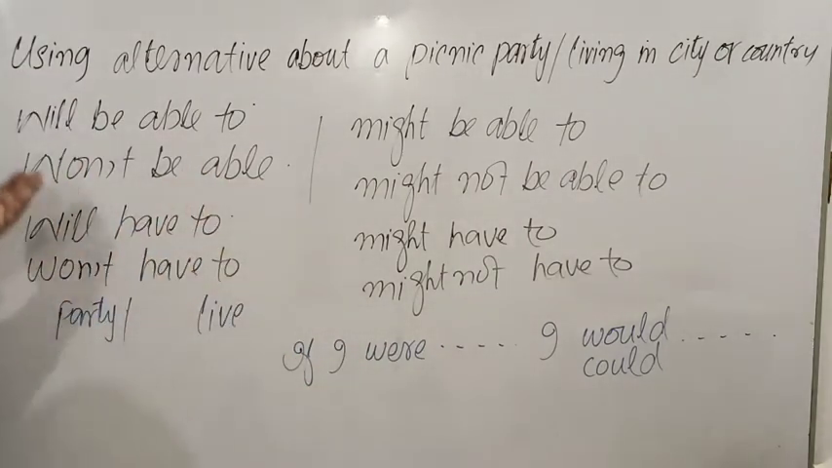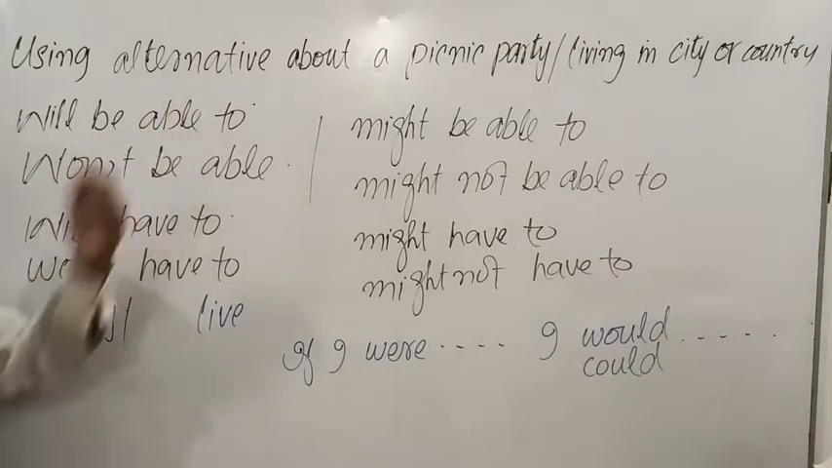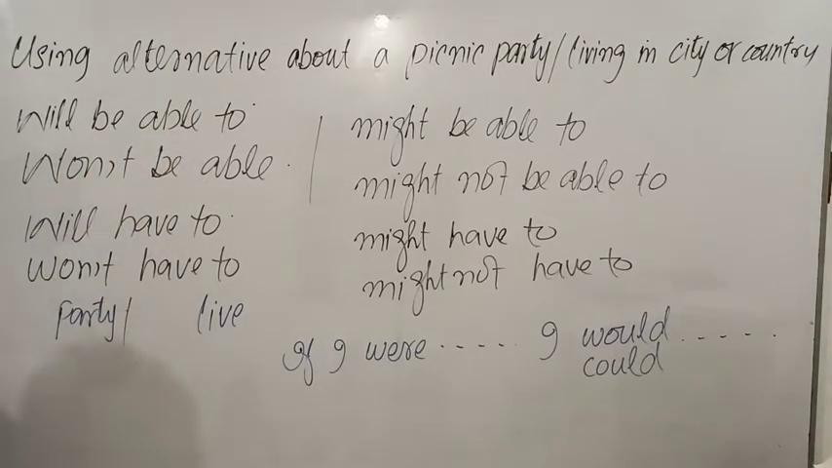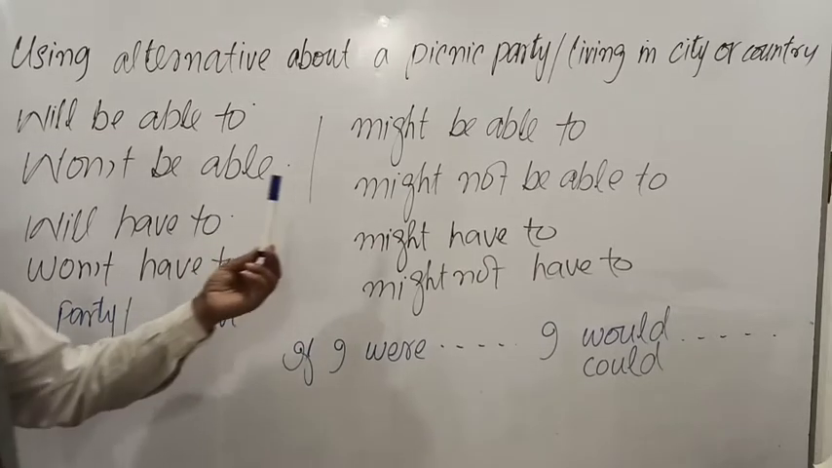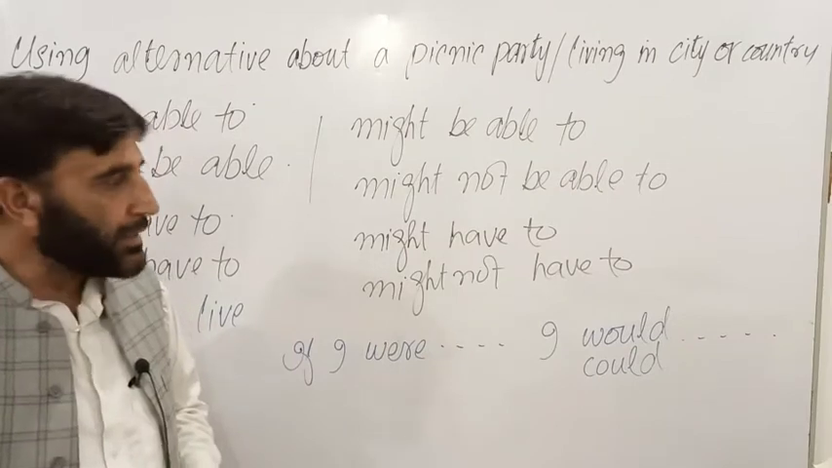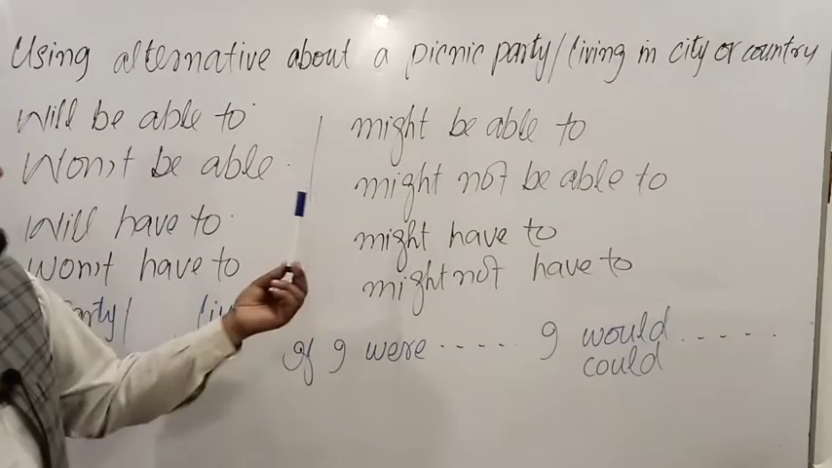Similarly, we can use these sentences. If we arrange the party at the bank of the river, we will be able to take a bath in the river. Right? If we arrange the party at the bank of the river, we won't be able to use the kitchen material easily. Right? If we arrange the party at the bank of the river, we might be able to arrange a concert party. Right? Or